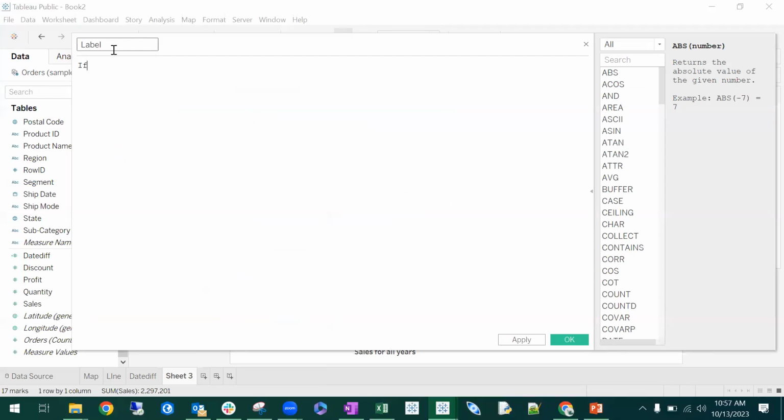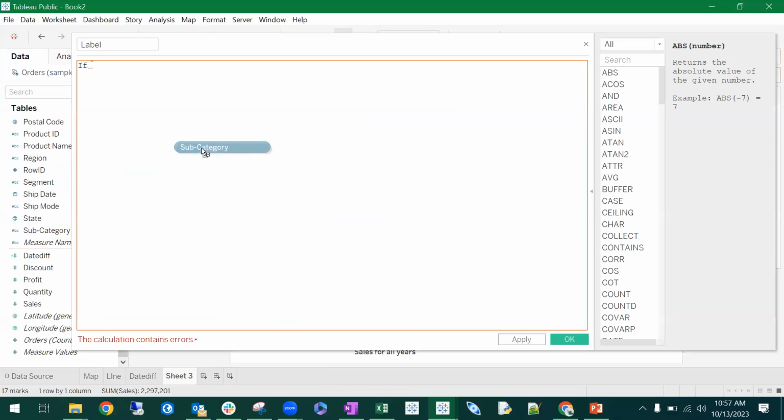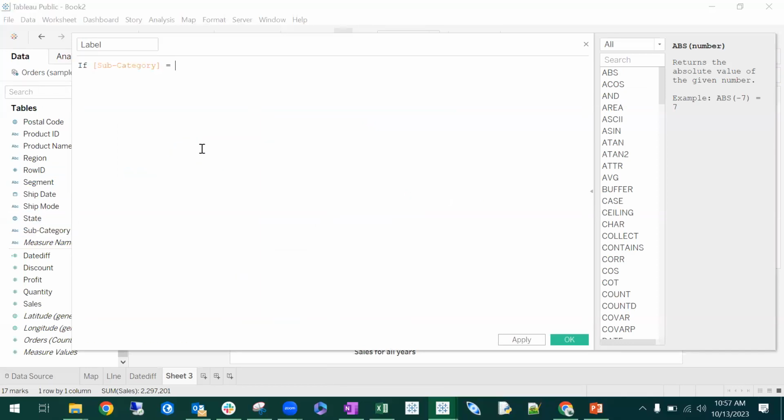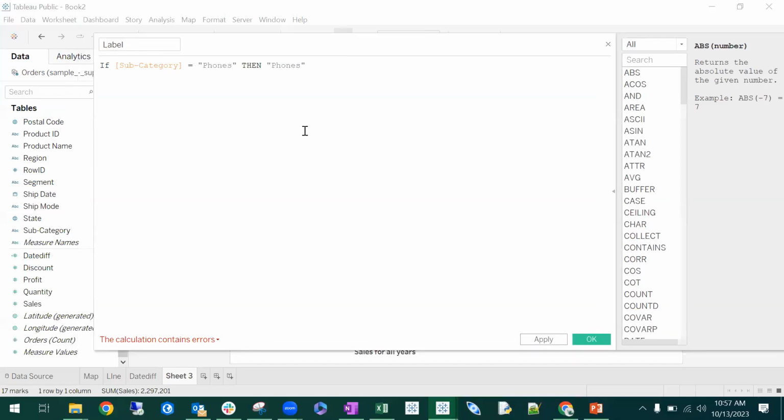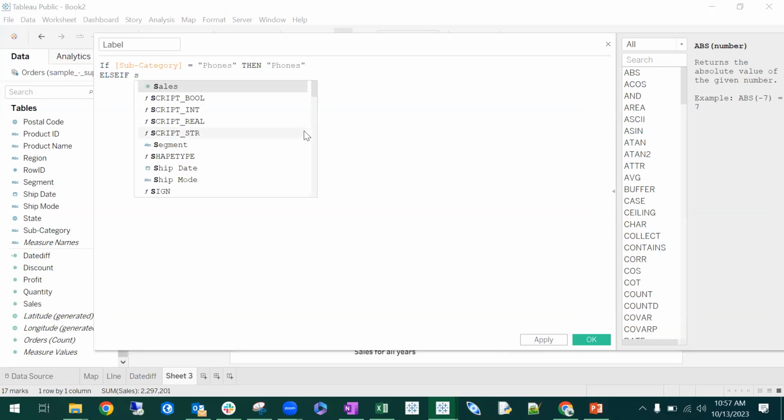So I want to say if subcategory equals phones, then display phones. I want to keep carrying on this list to show certain items. So phones, maybe I want to show tables too. I would say else if subcategory